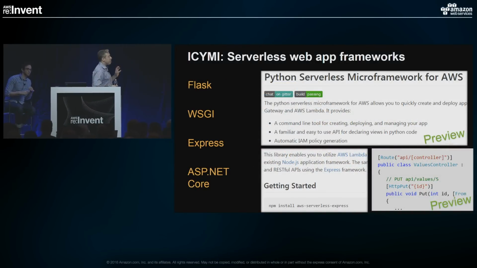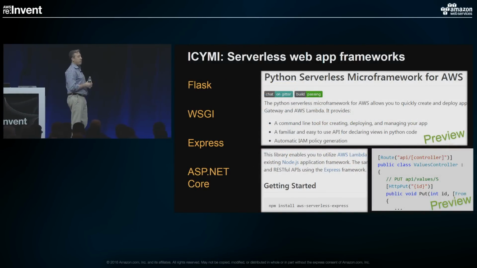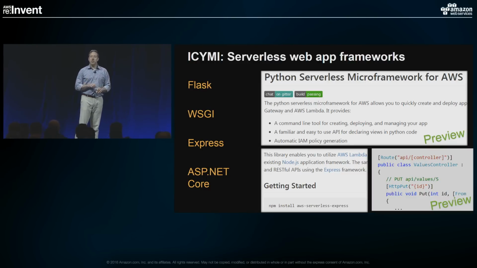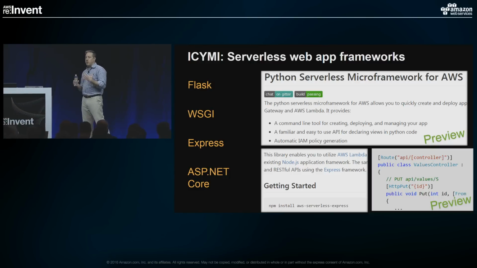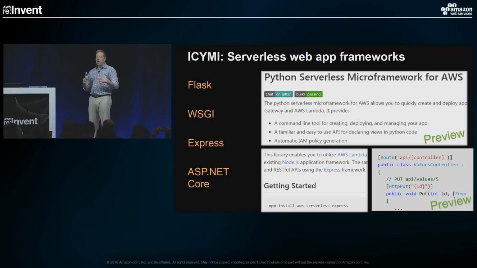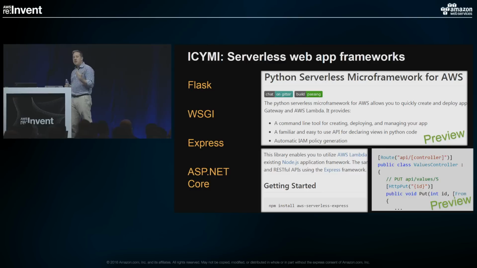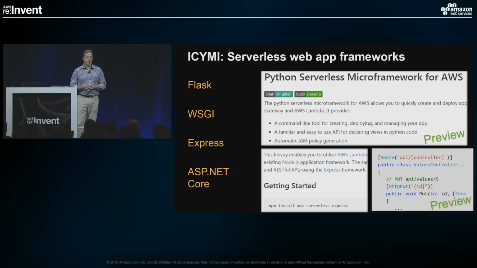Now, I mentioned in passing here web app frameworks. And we've been doing a lot of investment, as has the community around us, in making Lambda easier to use for building serverless web apps. Lots of great reasons for this. The scale down to 0, the instant ability to burst up to high levels of traffic make it really simple as a topology and an architectural approach.